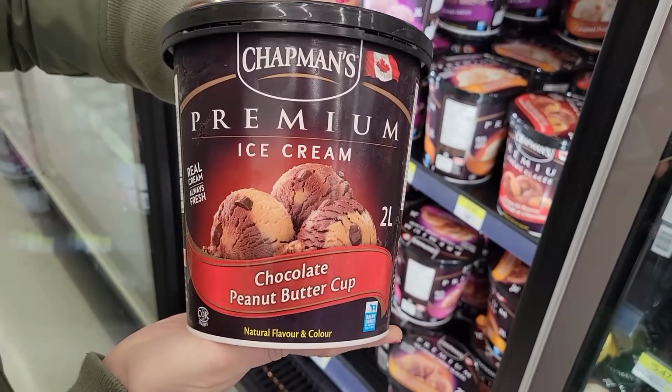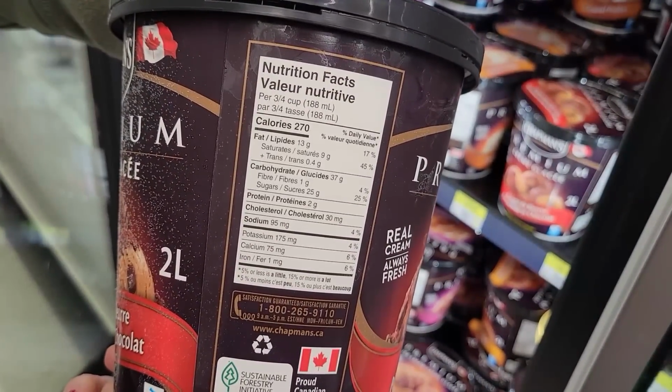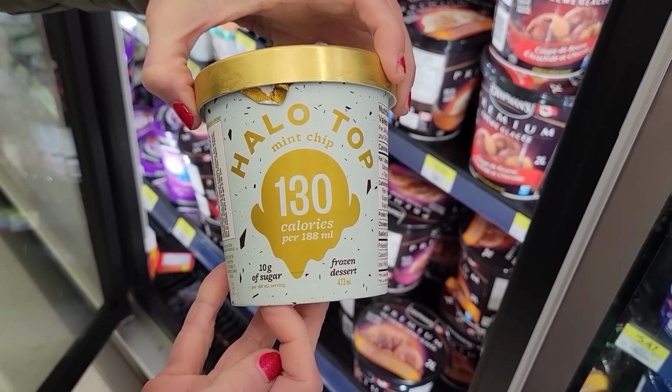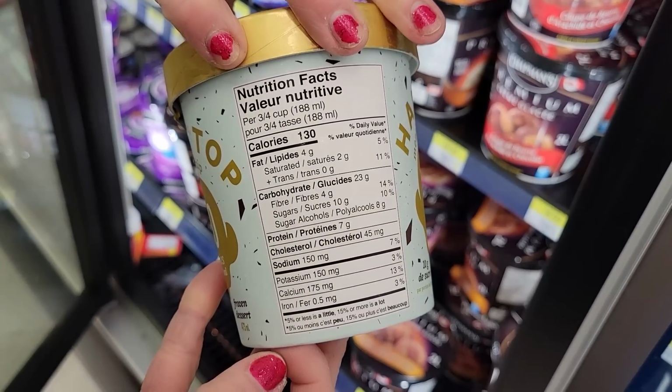Because look at this. 3/4 of a cup of the ice cream I'm showing in the B-roll, the regular one, is 270 calories. 3/4 of a cup of the Halo Top mint chip is 130 calories. So it's like half the calories, but I still get to enjoy the ice cream. And the cool thing is, because it was low cal, Sass and I ate it literally every single day for dessert,